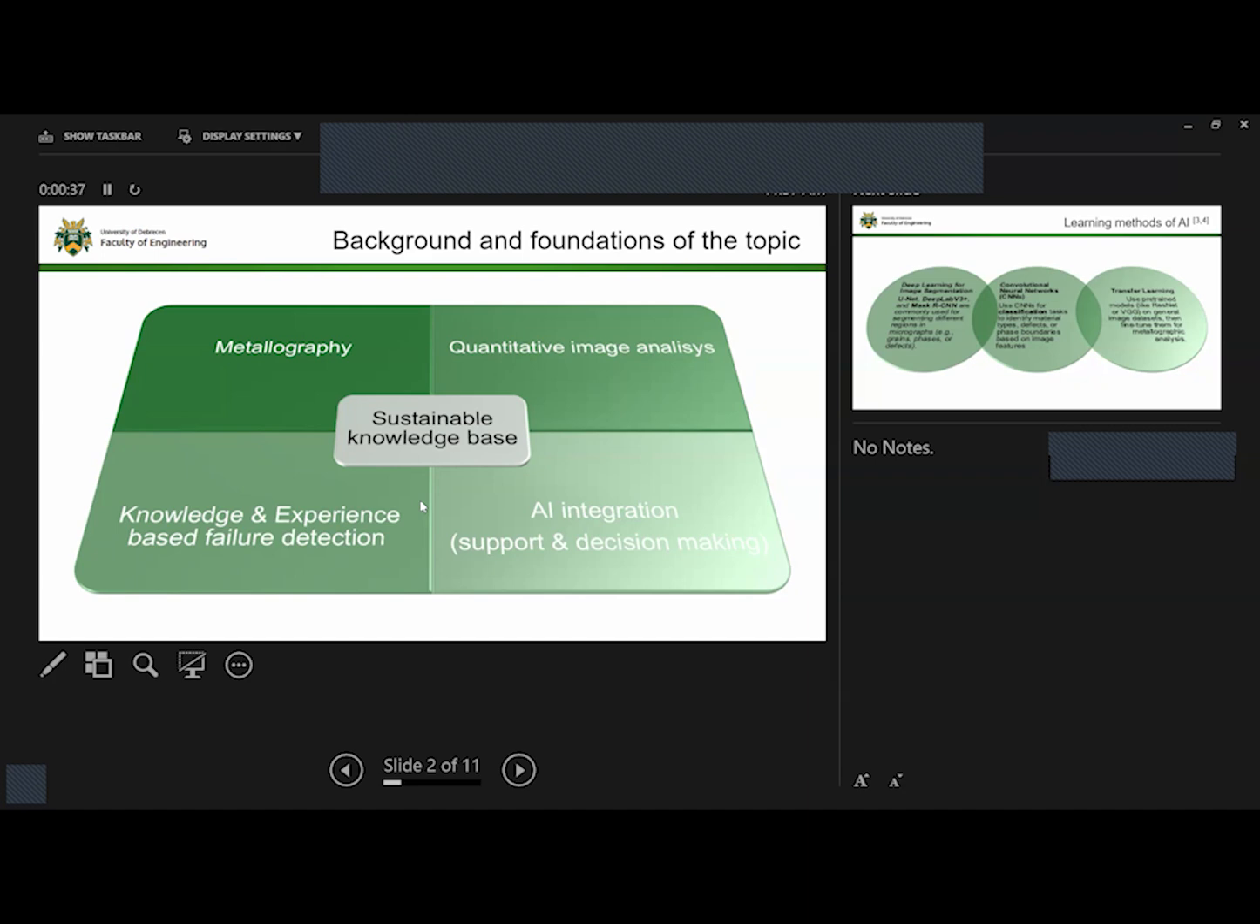So basically, what we have now, we have the metallography itself as science. We have the quantitative image analysis with different microscopes, different methods of measurement, image analysis methods, softwares, and basically final results. So those two together made a knowledge and experience-based failure detection method in any kind of metallurgical task we can solve. And that's when the AI integration comes into the picture, because by supporting the failure detection